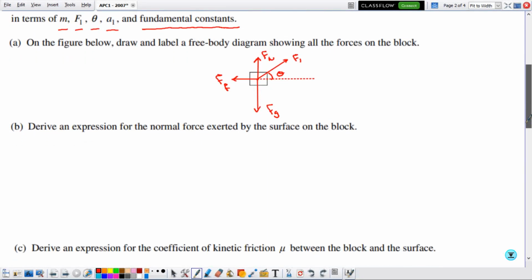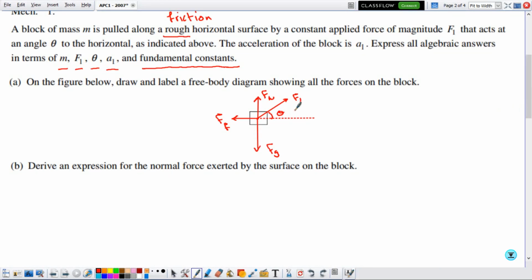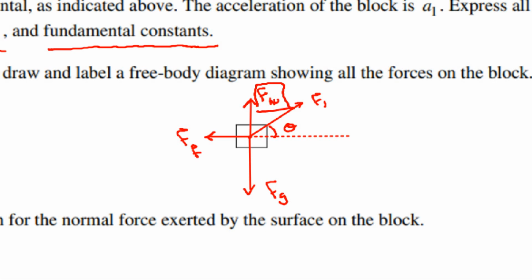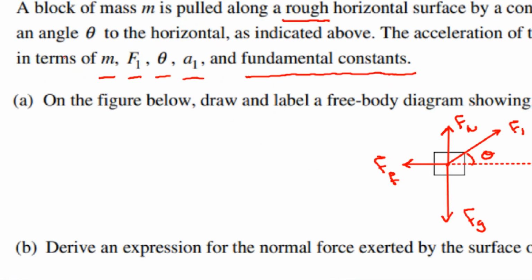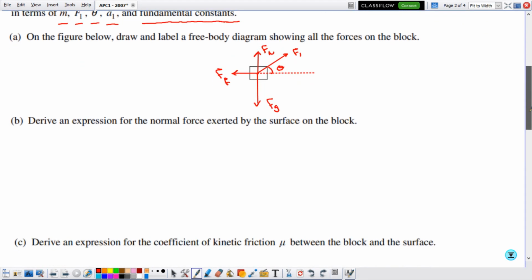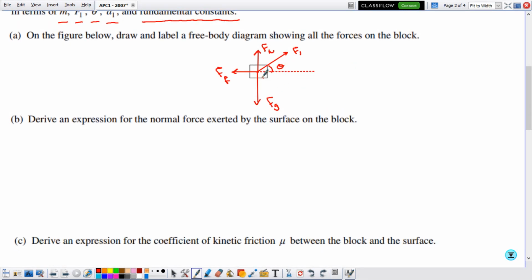Now in part B, derive an expression for the normal force exerted by the surface on the block. Then we need to determine this expression, the expression of the normal push in terms of M, F1, theta, A1 and the fundamental constants. In order to do so, we need to consider the fact that along the vertical the forces are balanced. Then what do we have? We have the pull of gravity, which is downward,